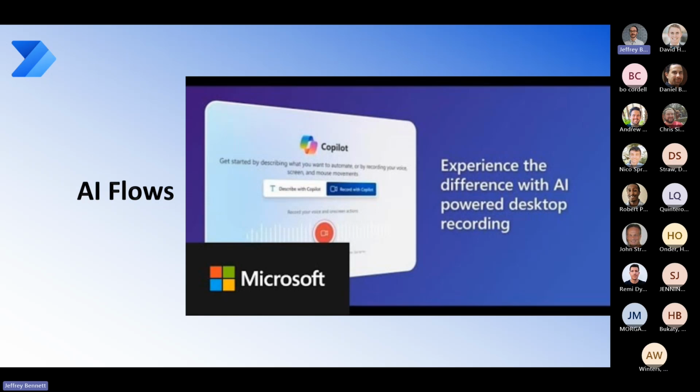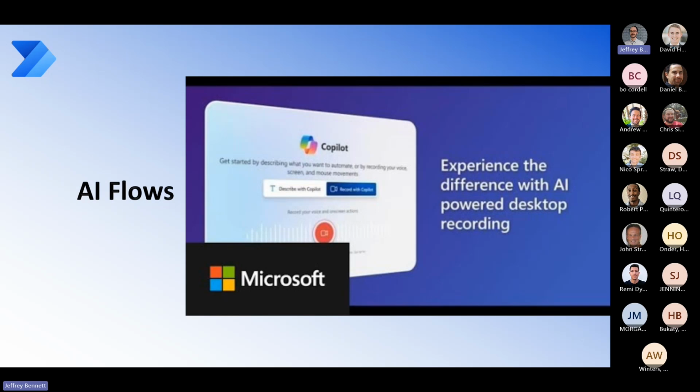So there are 2 new generative AI features that will be added to desktop flows in Power Automate. The first one is the new AI recorder, which will create a more natural multimodal experience where users create flows by both showing and telling the recorder how to automate a task.